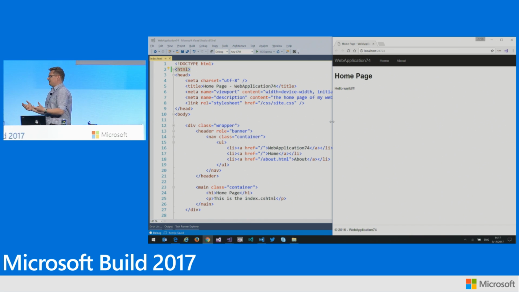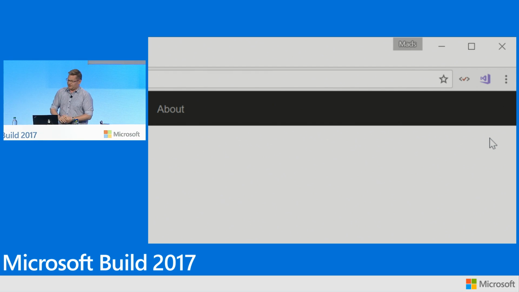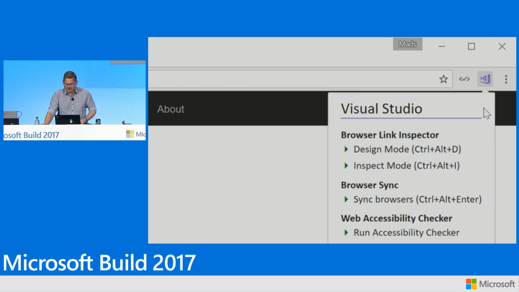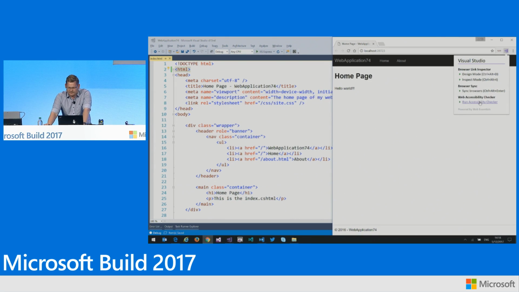We do. That's a feature called Browser Link. And because I have Browser Link and an extension called the Web Accessibility Checker, I can now go in here, and I have a Chrome extension. I built a Chrome extension, so check this out. If Browser Link is running on the page, you get a little Visual Studio logo showing up here. We can click it and see what is available to us from Browser Link. Any extension to Browser Link that supports the format of this Chrome extension will just show up here. One of them is the accessibility checker. So now I can say run accessibility checker,